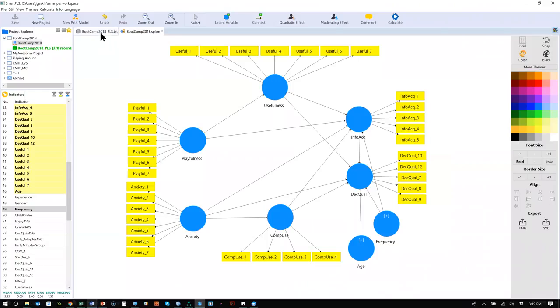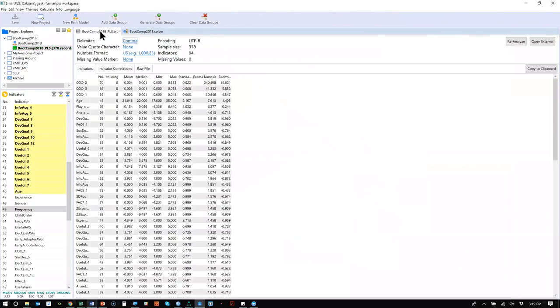Multi-group. What you do is you go to your data. If it's not still up here in the top, you can just double click it and it'll pop up right here. You double click the data set here and it'll pop up as a tab. Okay. You can either generate data groups automatically or you can add data groups manually. Our data can easily be generated automatically because they're just two values for gender, 0 and 1. So I go click on generate data groups